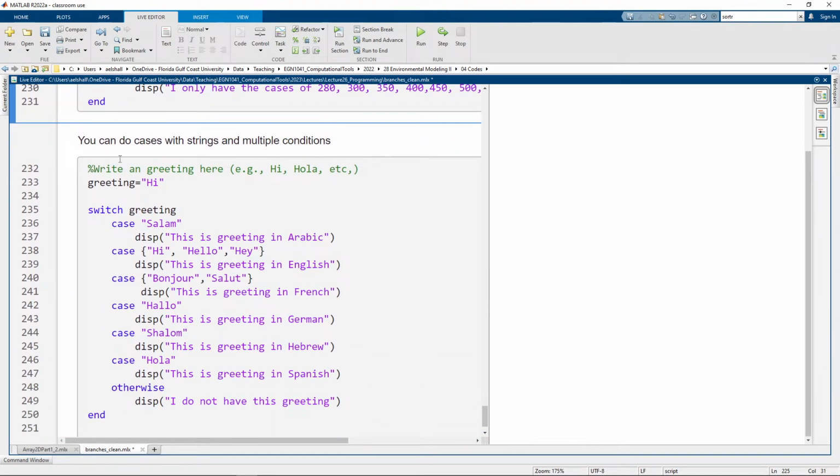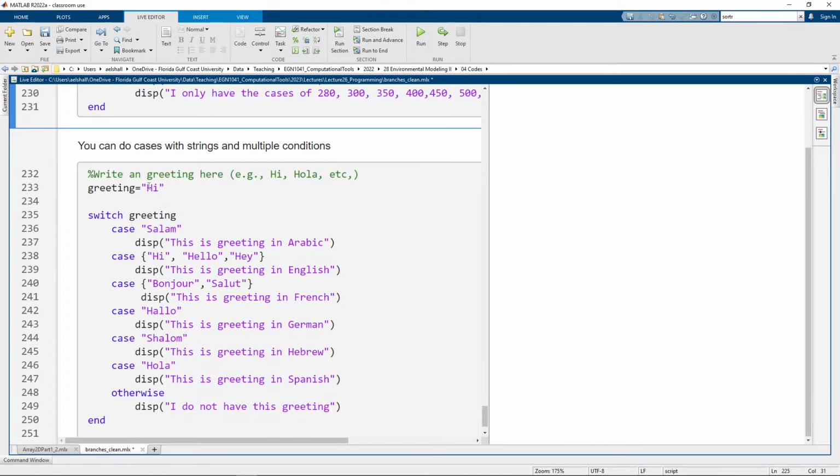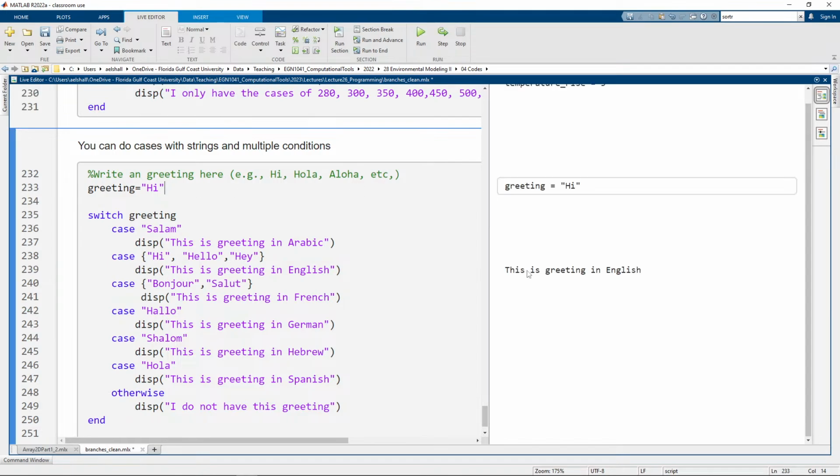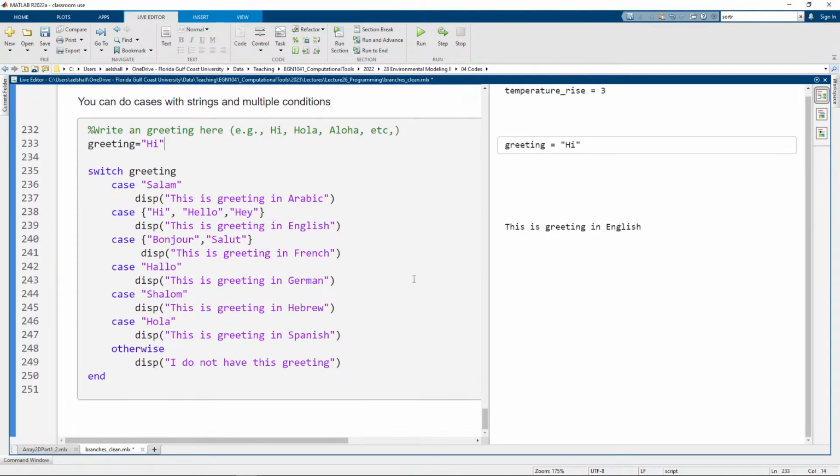Okay. You can also do cases with a string and with multiple conditions. So here, for example, a greeting. So write a greeting here, like hi, hola, aloha, whatever. Aloha, that's in Hawaii. So switch greeting. If I put hi, for example, then display, this is greeting in English. So that's this case. If I put, for example, aloha,